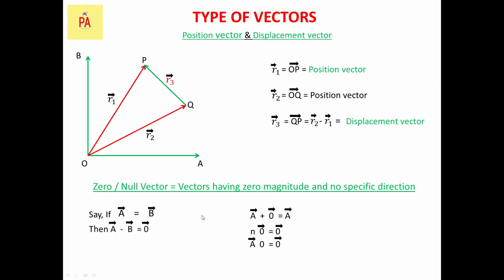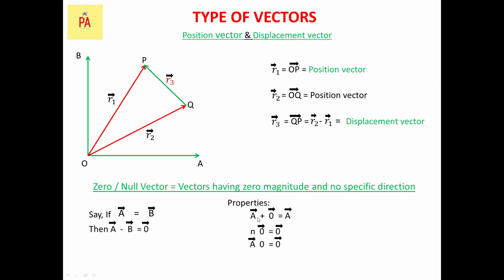Vector subtraction means where we consider a vector in the opposite direction, and then we consider that one as minus of that vector. So that only I have written here. I have done vector summation only. What I have done is vector A plus, in brackets, minus B. So plus minus, you will get minus. It's a simple one. So that means vector A minus vector B, obviously you will get 0, since the two vectors' scalar magnitudes are the same.